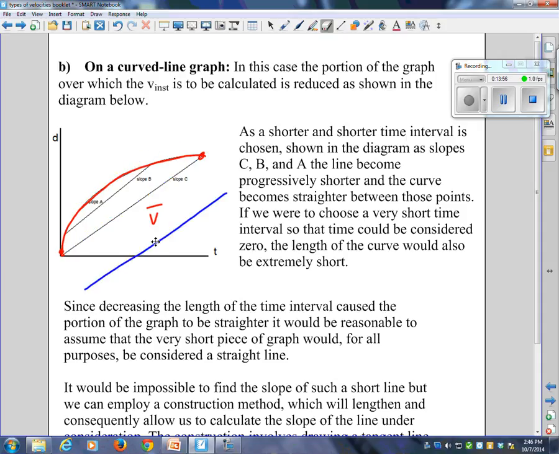So what we do is, as a shorter and shorter time interval is chosen, shown in the diagram as slopes C, B, and A, the line becomes progressively shorter, and the curve becomes straighter between those two points. Between the C points, it's pretty curvy, right? Between points B, it's still pretty curvy, but not as much. Between the points A, from there to there, and then I'm going to even zoom in a bit,